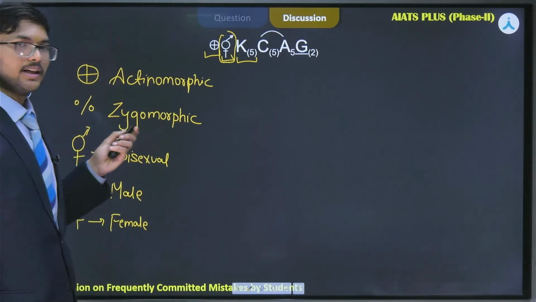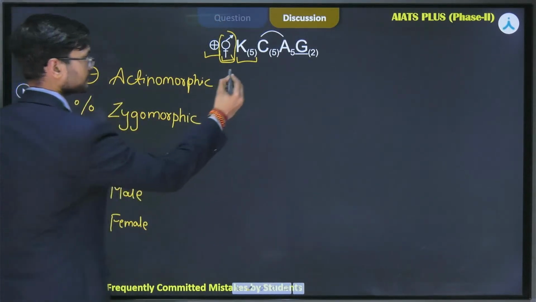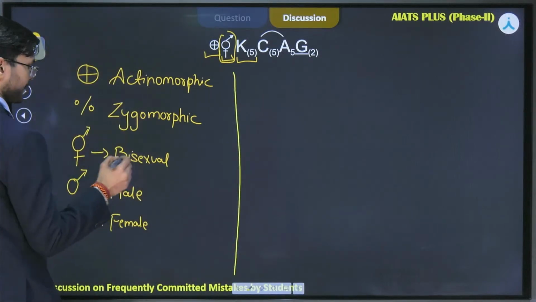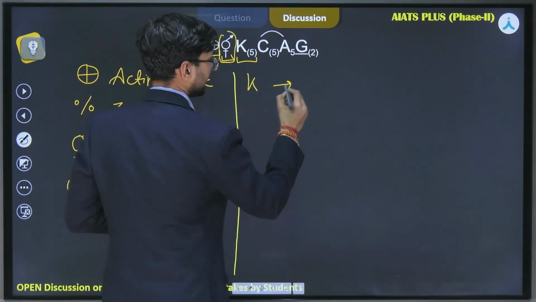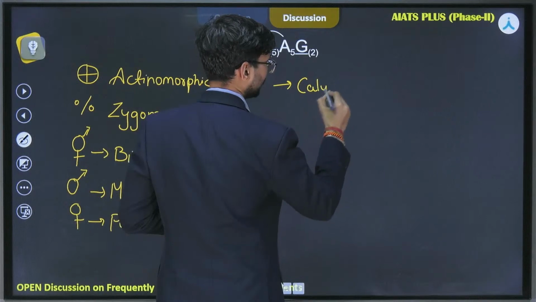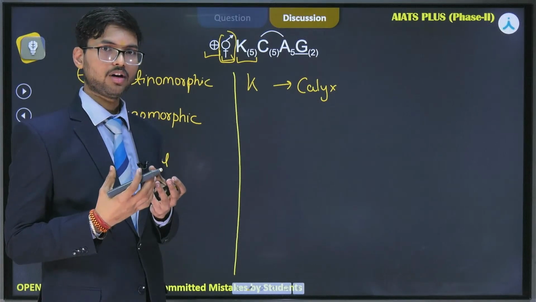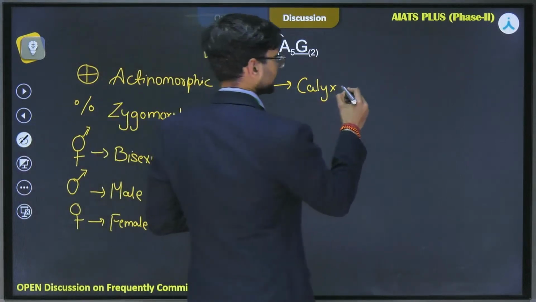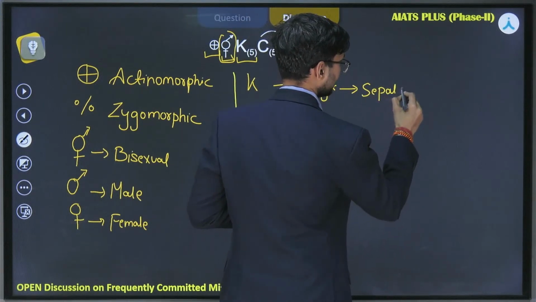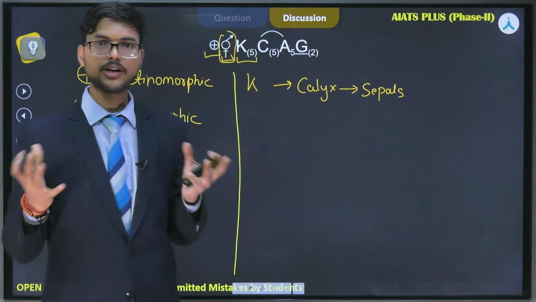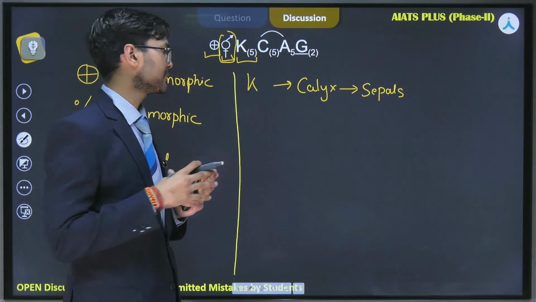Now the K here represents the calyx. Now, calyx is the outermost whorl of a flower. It is responsible for protecting the bud of a flower. Okay. So a single unit of a calyx is called a sepal, and the sepals can be free or can be united. Okay. So if the sepals are free, then it is called